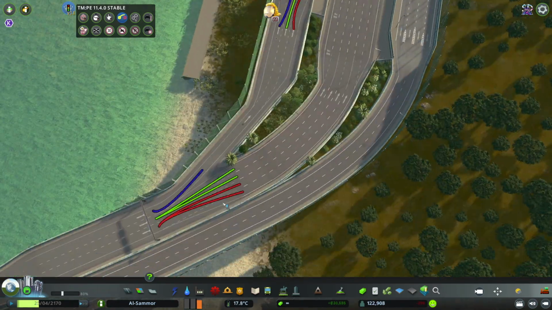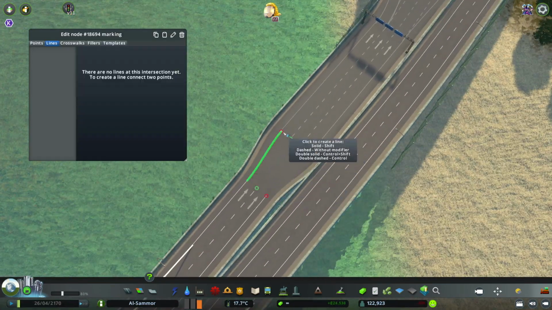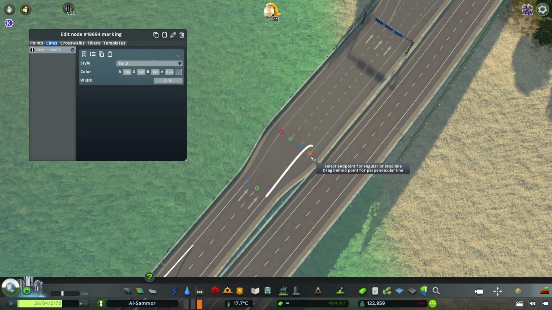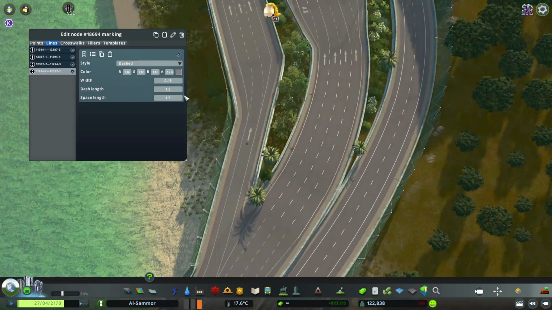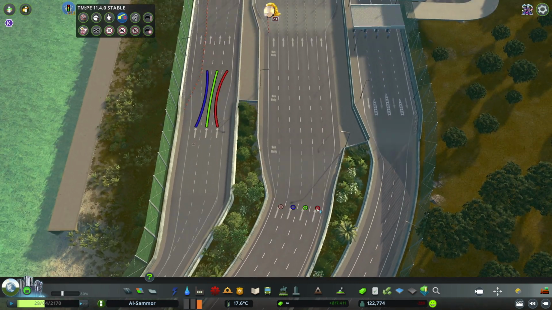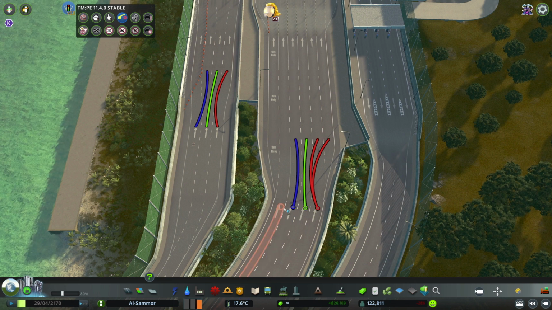So if you are going to build these, I think it's really important that you make sure you do all of the line connections, just because it makes it look a lot better, but also use the TMPE mod to align all of the lanes, so they can't do any last minute lane changes, because that's when it gets really messy. So make sure you go like this, make sure they're going to exactly where you need,